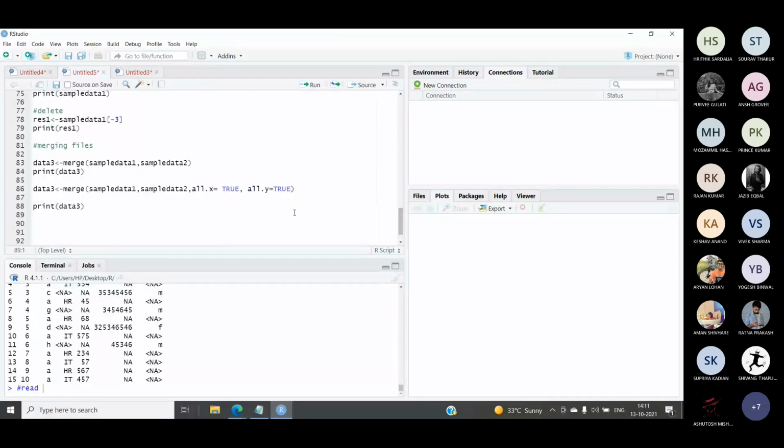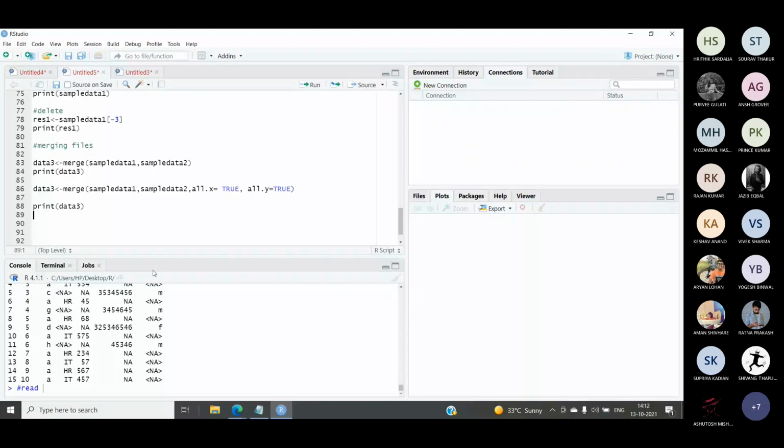So these are equal to left outer join or right outer join in SQL. When we are performing a left outer join, we take all the values from the left table, all the matching values, and all the values from the right table. And if we are performing a right outer join, it will take all the values of the right table and only the matching values from the left table. And if there is no matching value found, it will use not applicable for that.